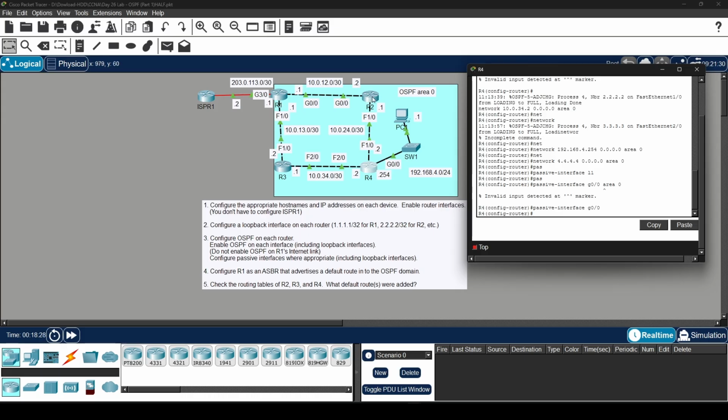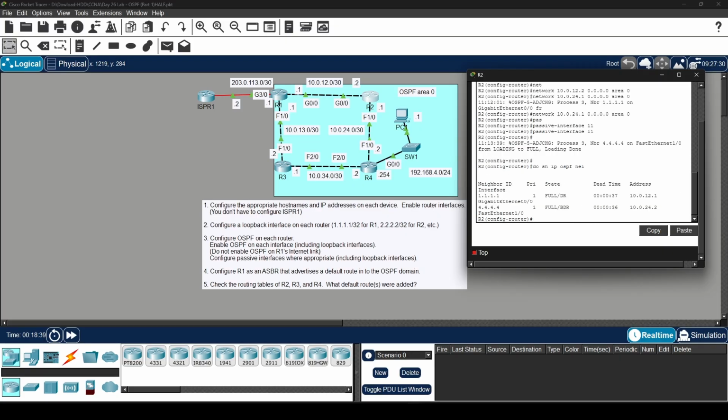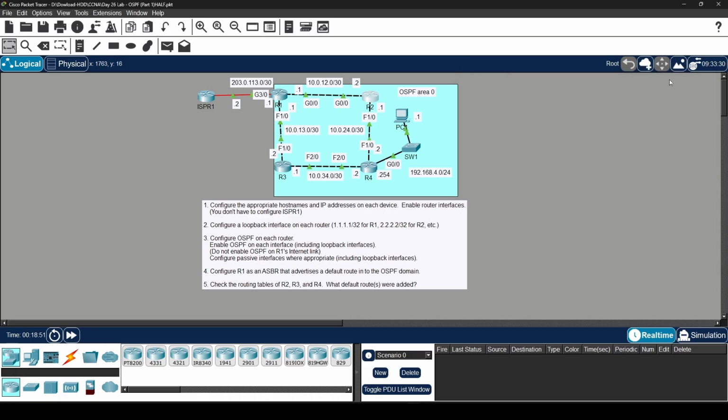So if we check, let's say we check router 2, show IP OSPF neighbor. You could see that it is connected to router 1 and it's connected to router 4. Okay, so I think we did everything here. I believe we just need to check